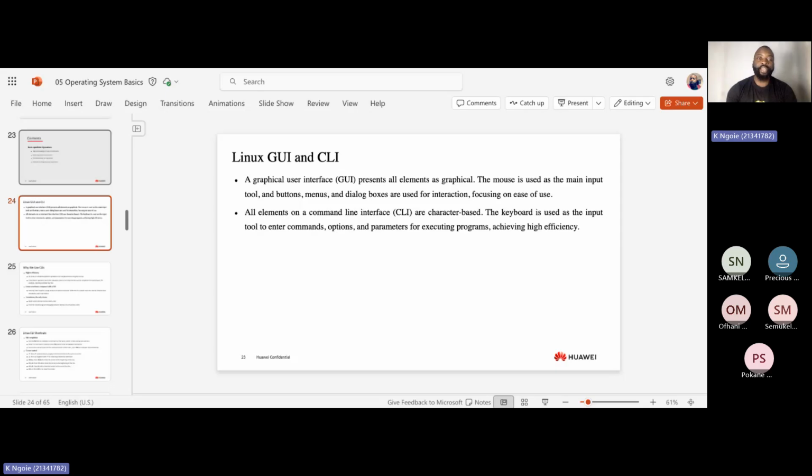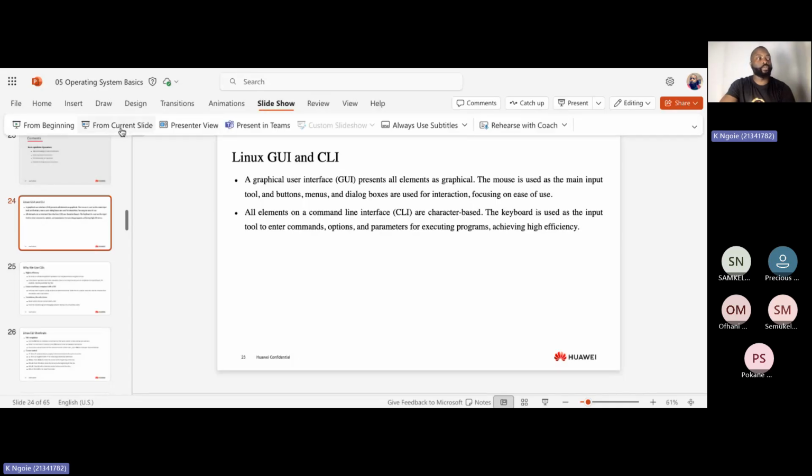Actually writing lines. It's basically like text telling the computer what to do. But the GUI will have to do with clicking on buttons, and that's how you provide different commands to the computer. Okay, so when we think of that now, an example I can give you is, let's say for example you want to